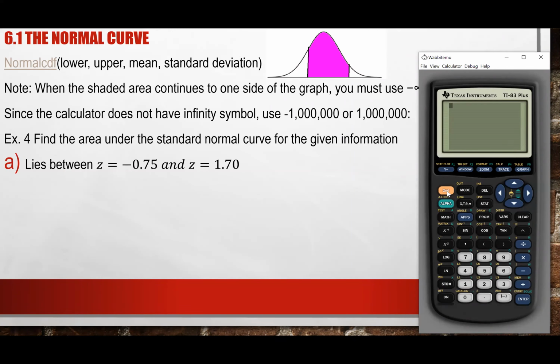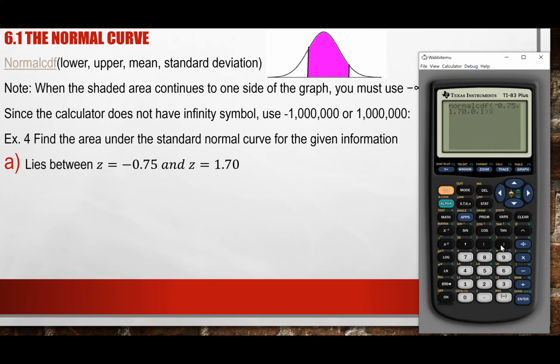To do this, you have to hit second VARS, which is second 4, go to option number 2, which is normalcdf. Once you hit normalcdf, reminder that these are the 4 items we need. We need the lower limit, which in this case is negative. Make sure you use the negative sign down here and not a minus sign. Negative 0.75, comma, 1.70, comma, because it's a standard normal, the mean is equal to 0, comma, the standard deviation equal to 1,